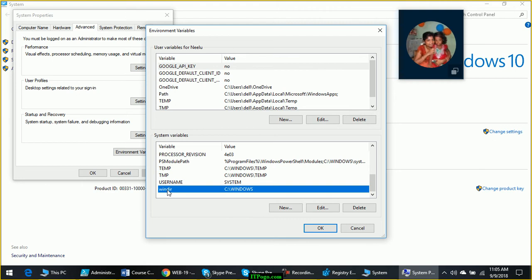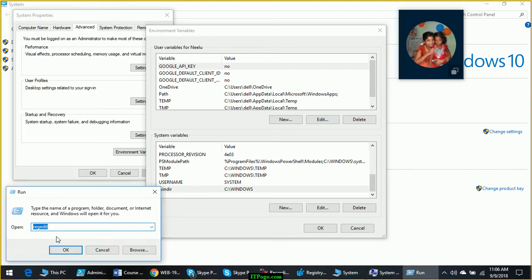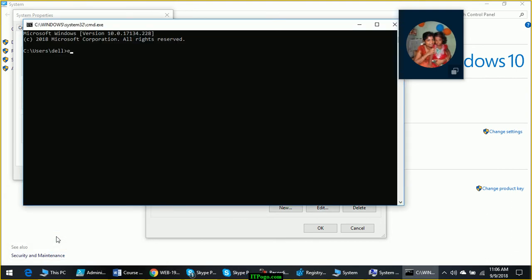Don't assume that it will always be available on C:\Windows. Refer to the environment variable, because these environment variable values are dynamically assigned during the installation of the operating system. So if you are installing the OS in some other folder, WinDir will always give you the correct location. So from the traditional command prompt, when you go to cmd and echo %windir%, it will always give you the Windows installation folder details.